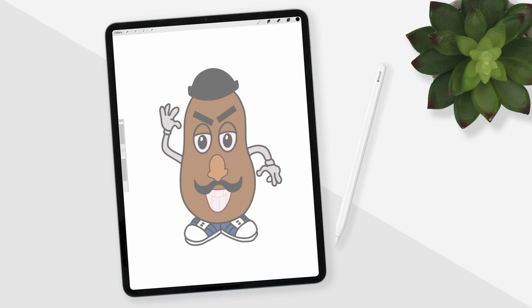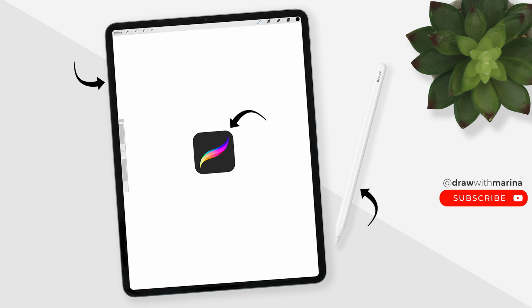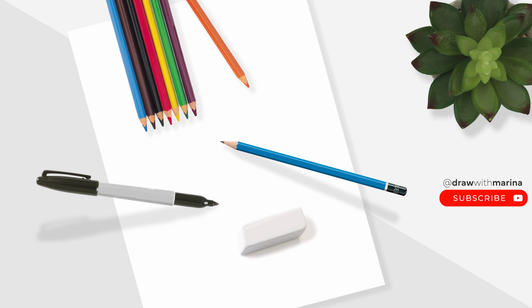Hey guys, today we're going to be drawing Mr. Potato Head. I'm using the iPad Pro with the Procreate app. Now you don't need this to follow along. You can use a white sheet of paper, a black marker for outlines, and markers and crayons for coloring in. I occasionally may use a pencil to sketch first, so it's always handy to have that as well as an